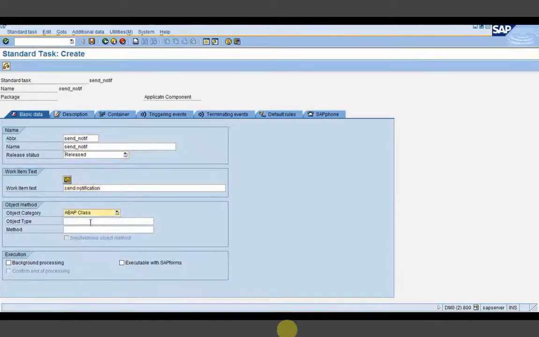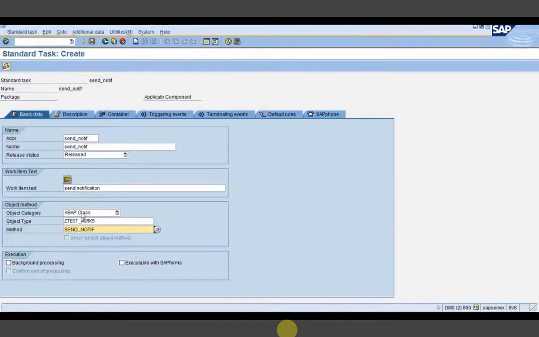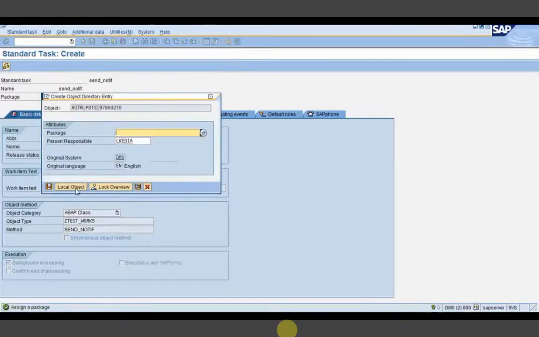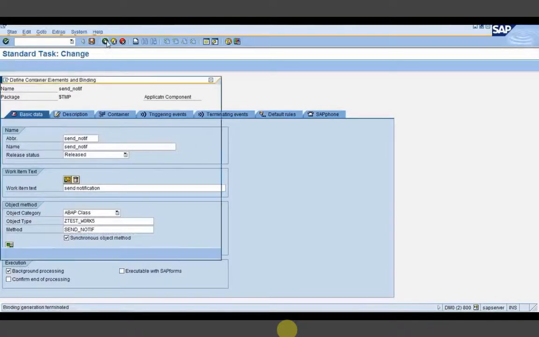I'm selecting here a class, and the class name was ztestwork5, and when you press F4 you will get two methods. You can select one out of those. Select it as background because this is the background method. We don't need any user interaction for this. Make it synchronous and then go back.